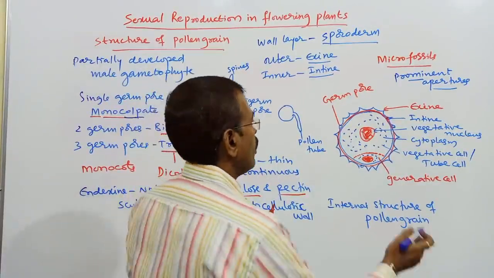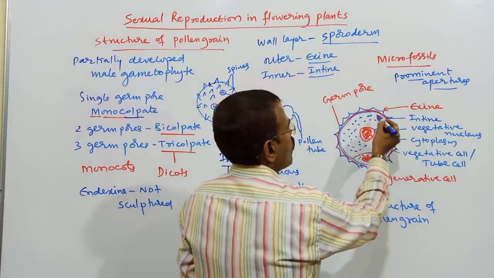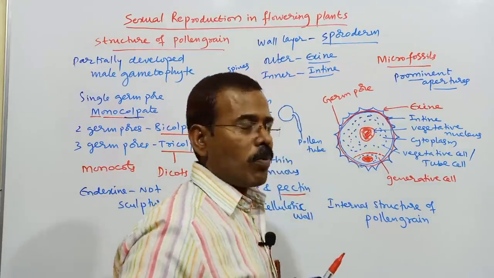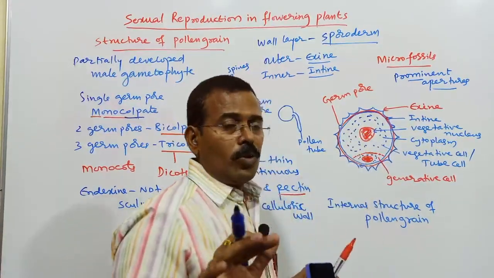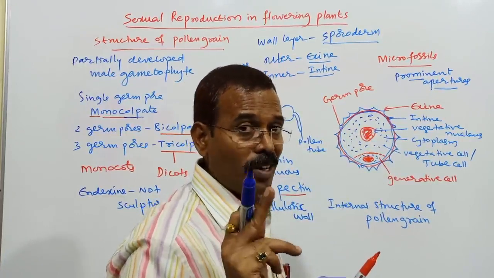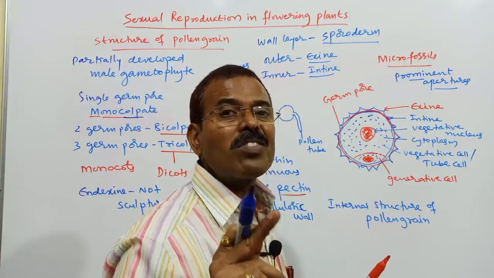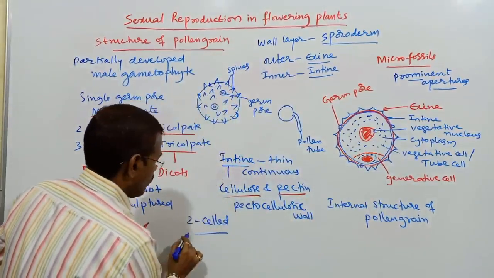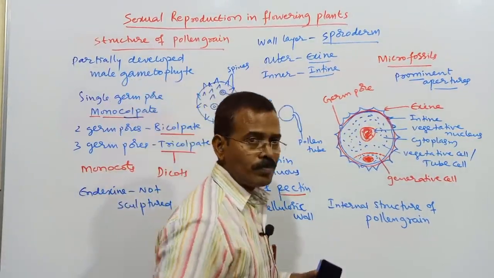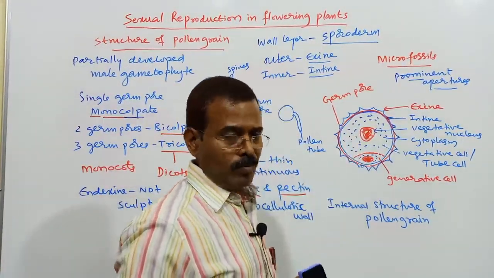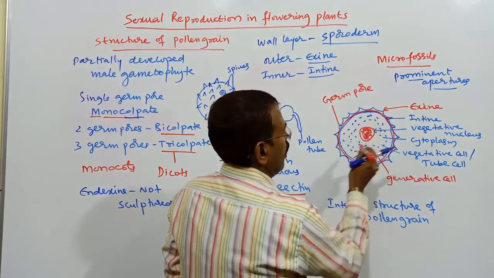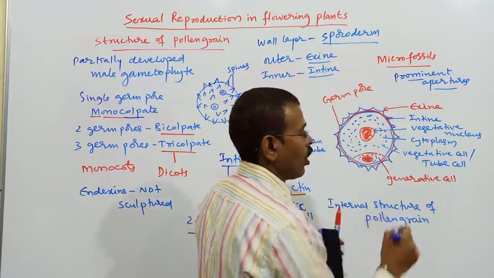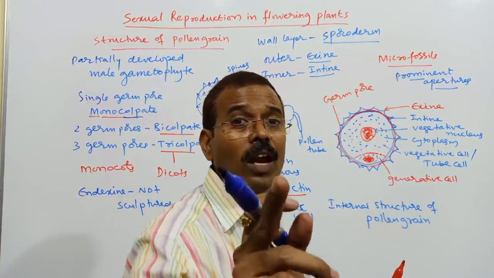Now you see, this is the cytoplasm which is surrounded by plasma membrane. This pollen grain, you know, is a haploid structure, a haploid, immature or partially developed male gametophyte. Here what I have drawn is a two-cell structure. In a pollen grain, you have one larger cell. That larger cell is called a vegetative cell or tube cell.